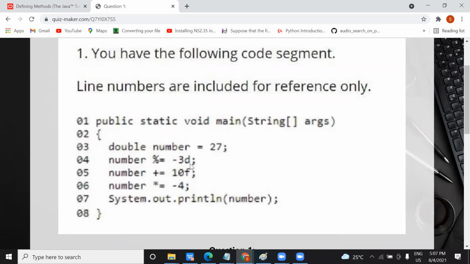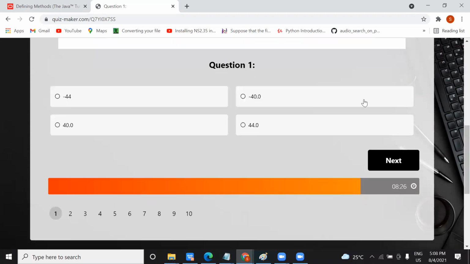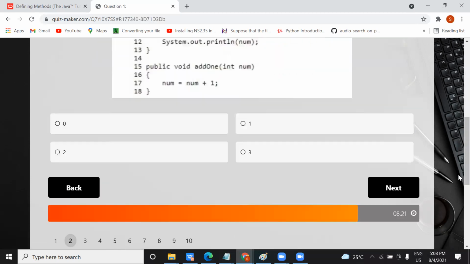What output will you get? Then number is equal to number plus 10f, what output will you get? There will be a calculator in it where you can perform the operation. Let me select the second answer for now, and immediately you can move on.